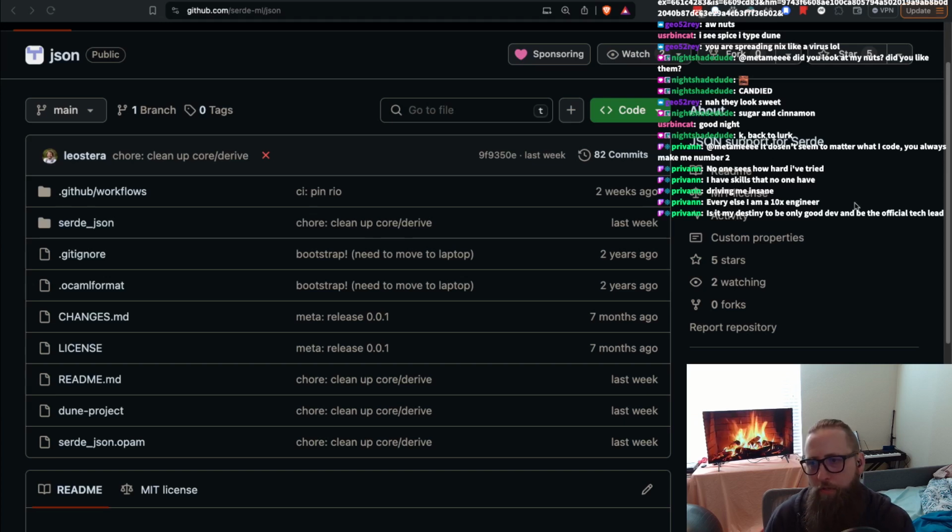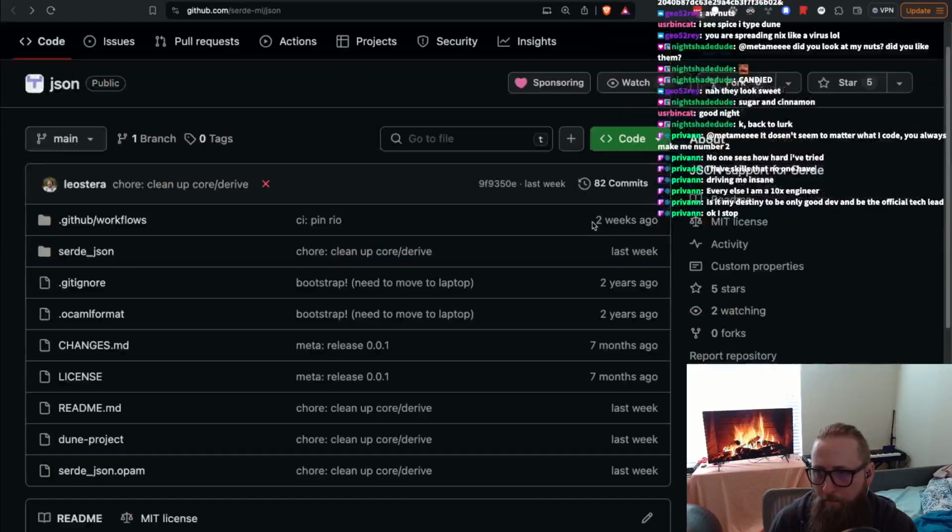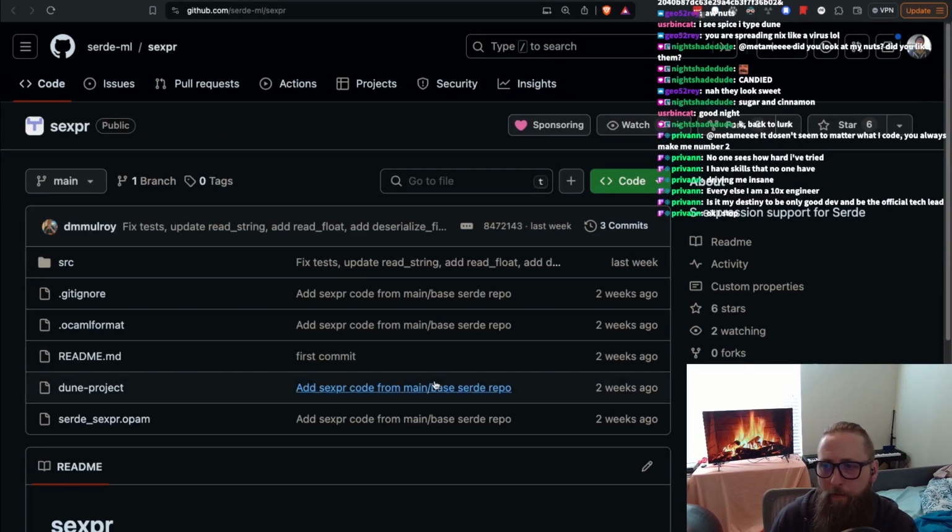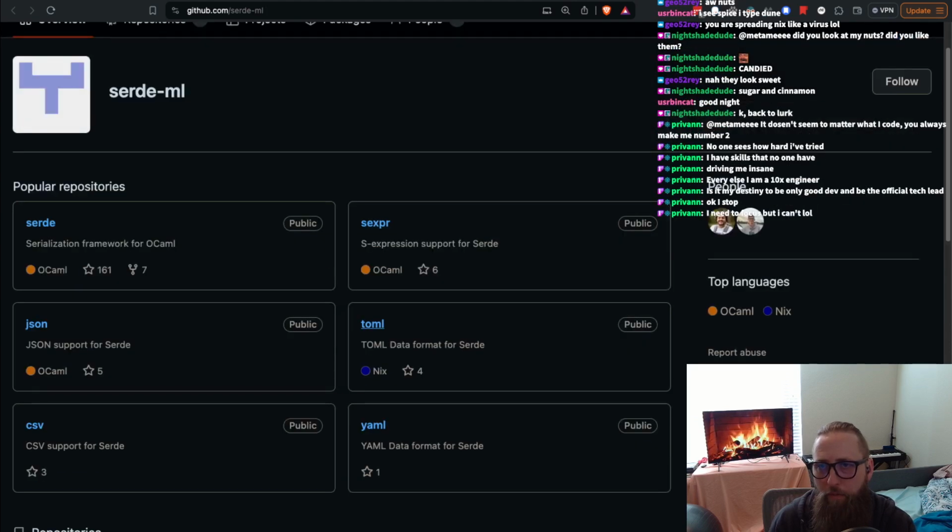Okay. So then there's not really anything to do. Let's see. Well, let's think about this. Serde JSON last week had development on it. Okay. And if we go into the main serde repo,